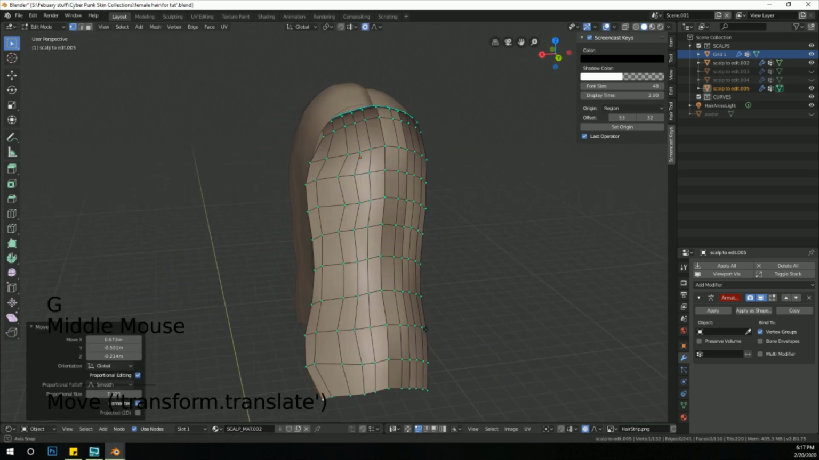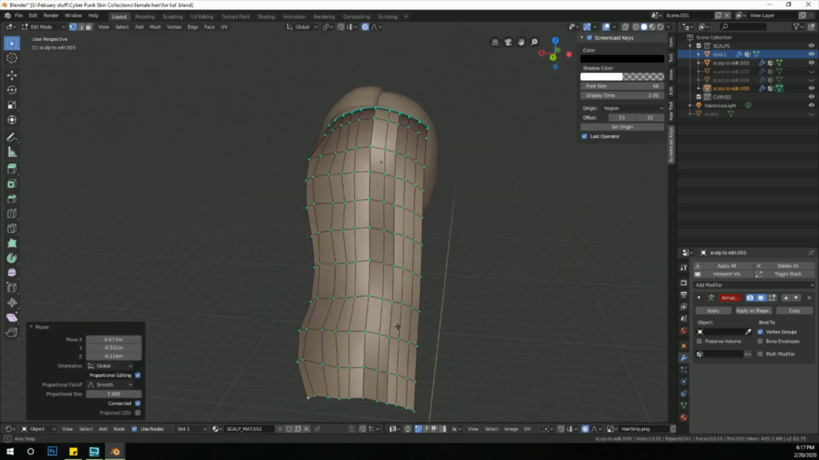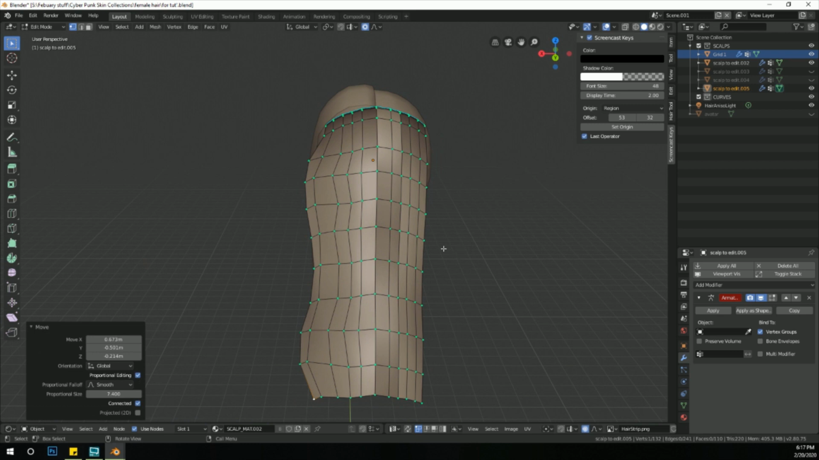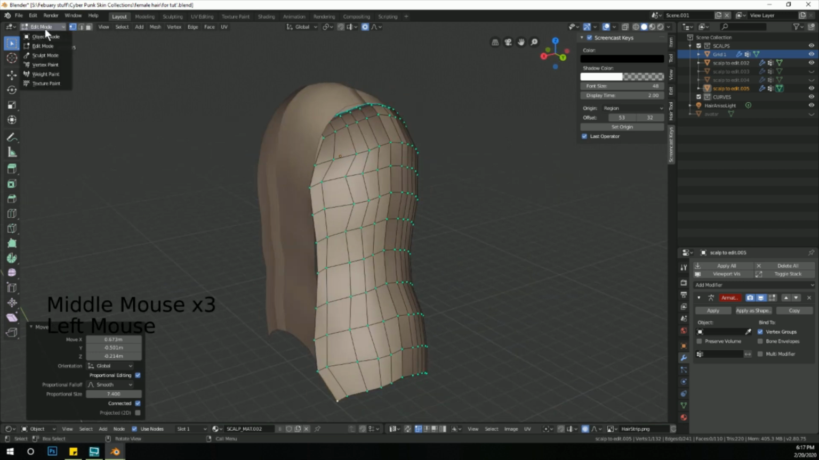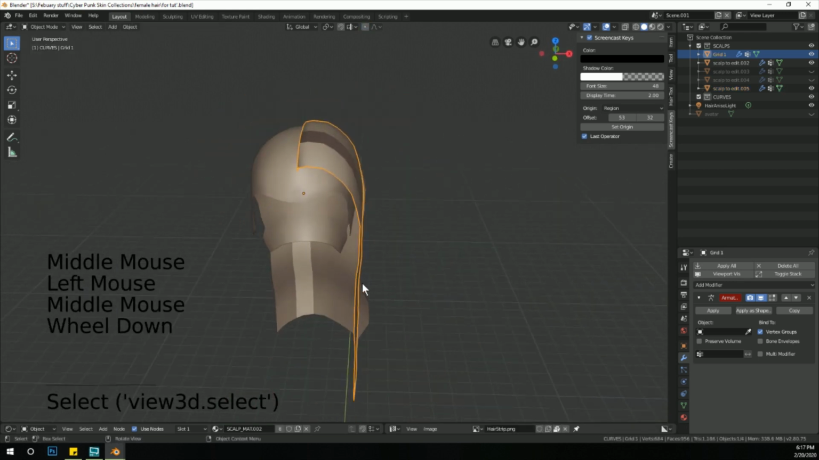Okay, so then, I should have matched those two, but we'll just leave it like this. We'll have to match it up again, but that's fine. So then we'll go back into object mode. Now,